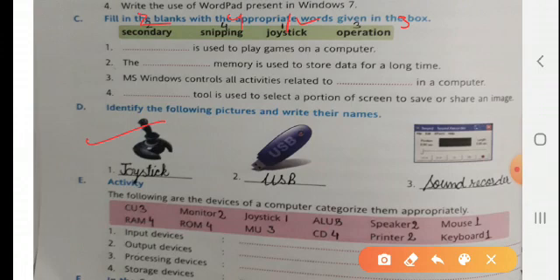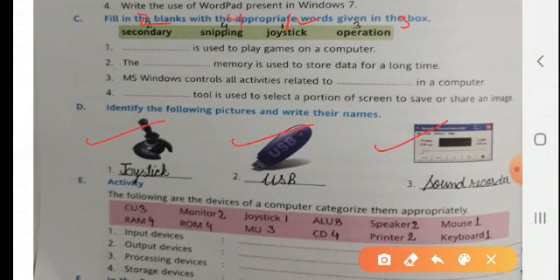Then secondly, it is USB. It is a secondary storage device which is used to store data for a long time or permanently. It is USB. Then third one is sound recorder. Okay, it is written on it also. It is a sound recorder. You can see the picture is not clear, I think. If you zoom this, then you will be able to see in your book it is clearly written on the picture also. It is a sound recorder. Understood?